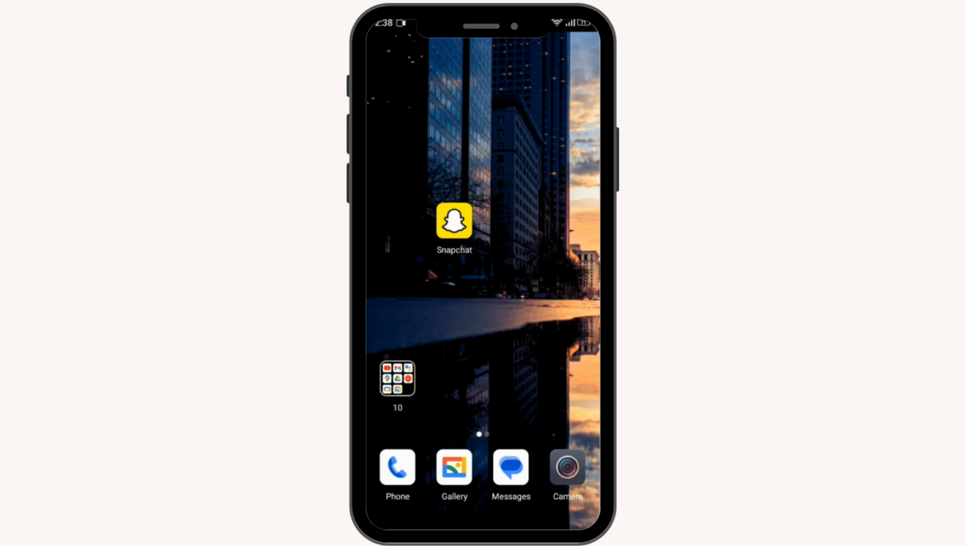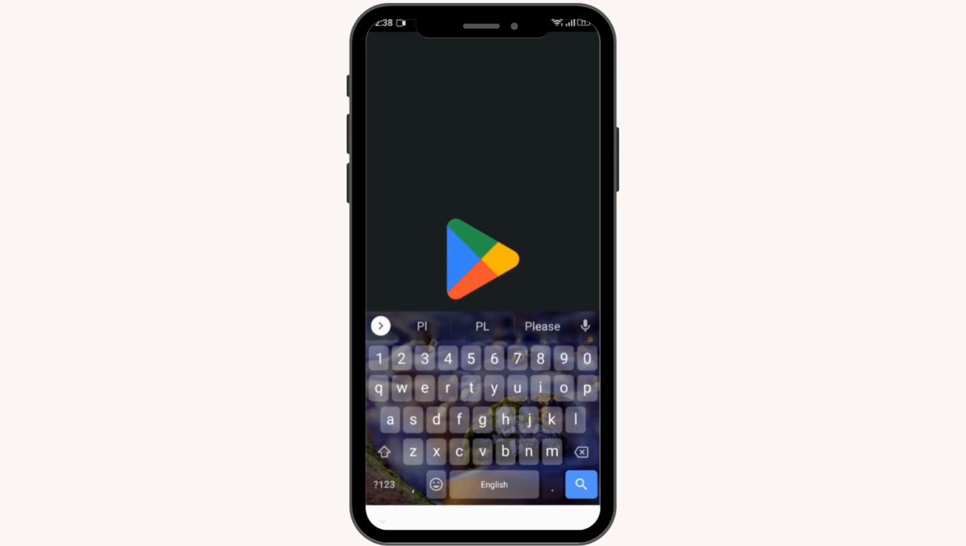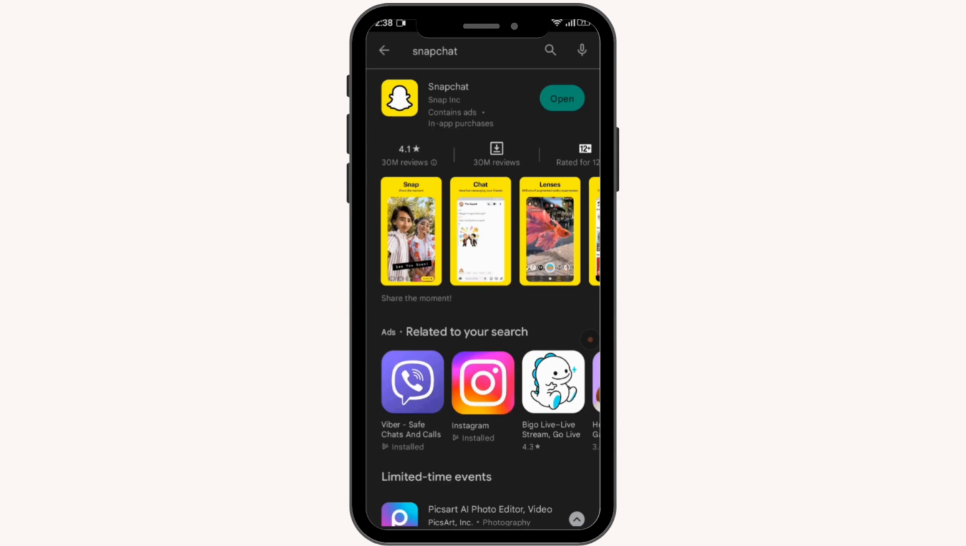First thing you need to do is open up your Google Play Store and search for the Snapchat, and there you have to update the Snapchat if there are any updates available. After updating, you will be able to fix the problem, but if you are still unable to, then simply go